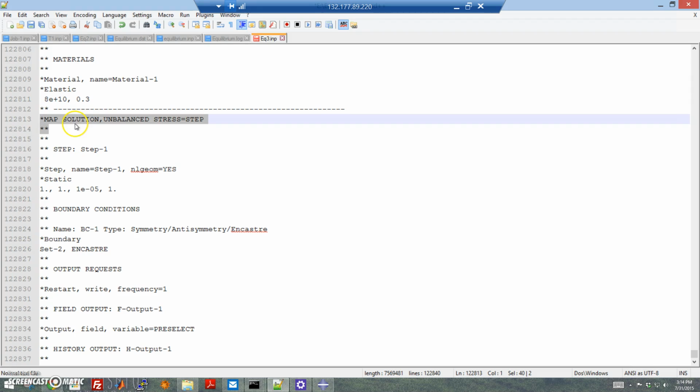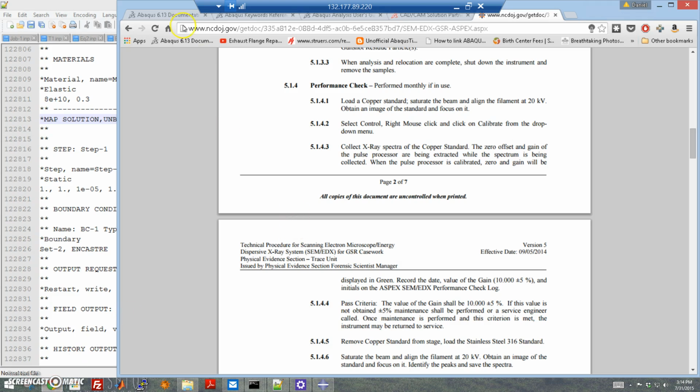Map solution. And map solution you can look up in the reference guide. Map solution is going to take the restart. Basically, it's going to do a restart analysis except it's going to map the old solution onto the new mesh. Now, unbalanced stress. This is saying how it should be handled. So if you just do step, according to the Abaqus manual,